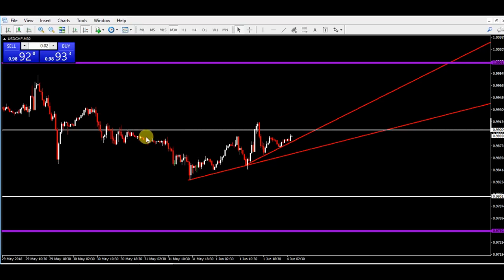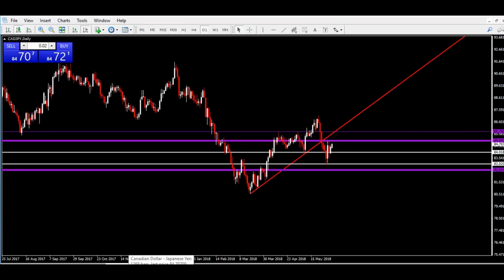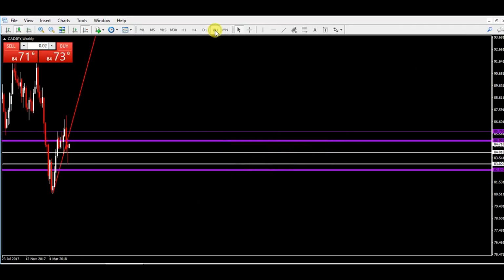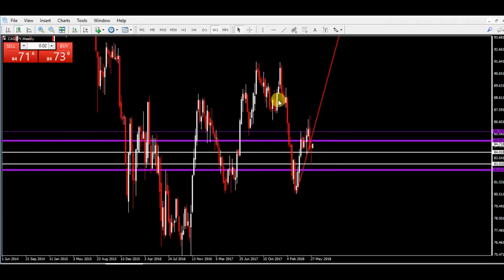The same setup, the same way that I looked for this setup here and showed you guys how to look for this setup here, is the same way that you'd apply to any other instrument, whether it was stocks, whether it was cryptocurrency, whether it was another forex pair. Let me just do another one. Let's do CAD JPY. CAD JPY, same thing. Look for the same thing for the same reason.